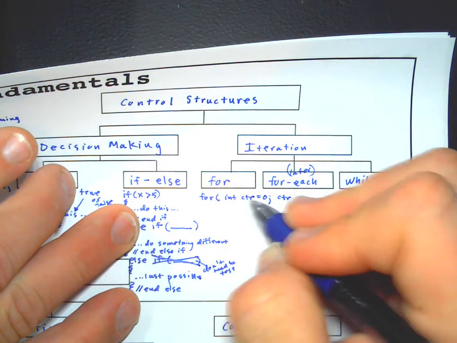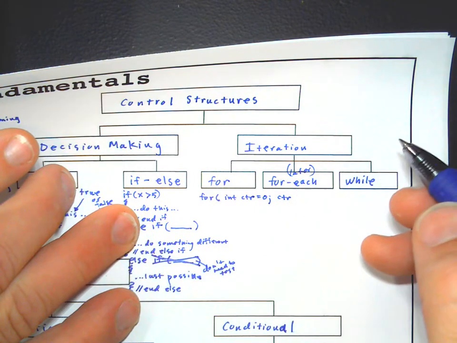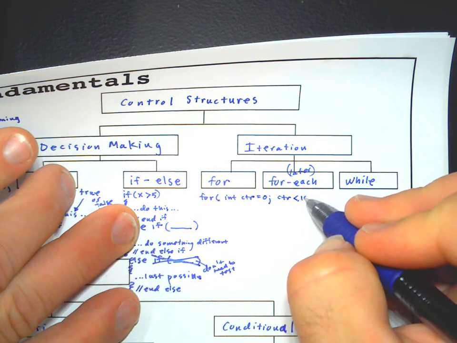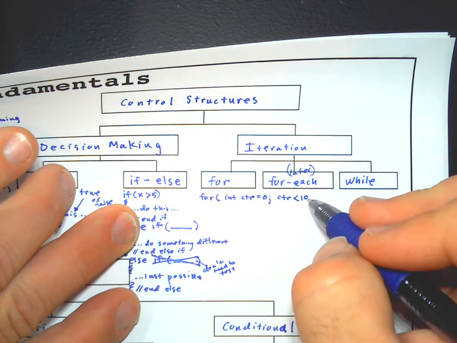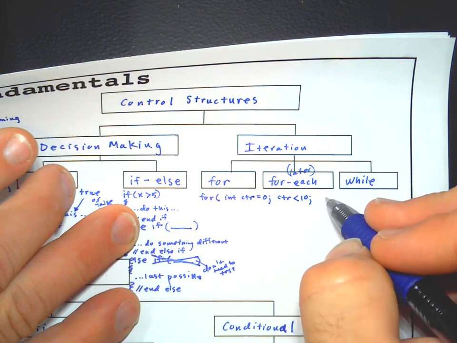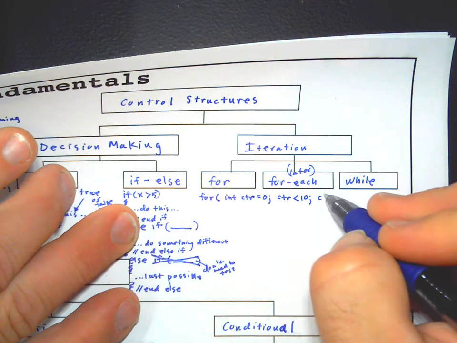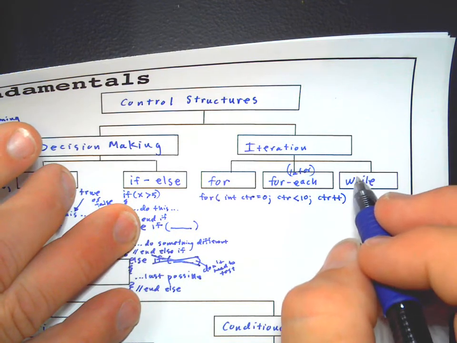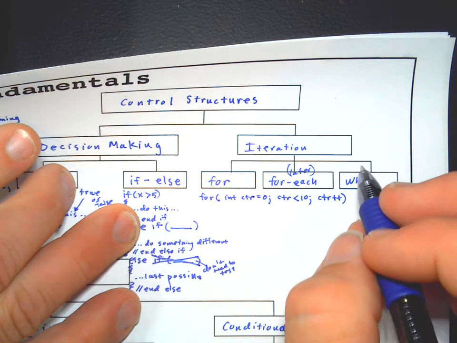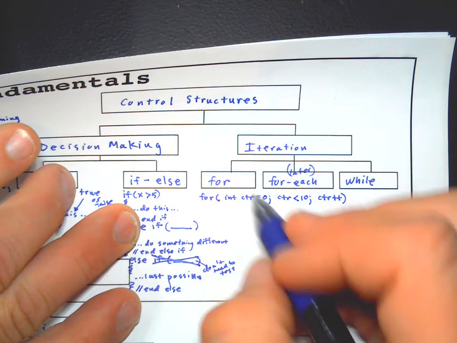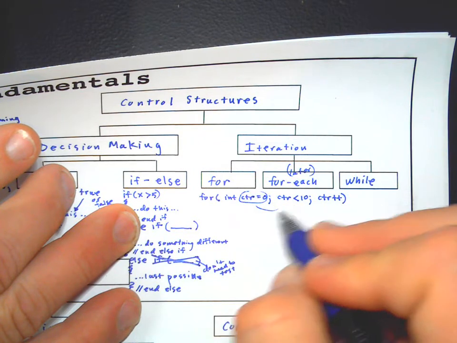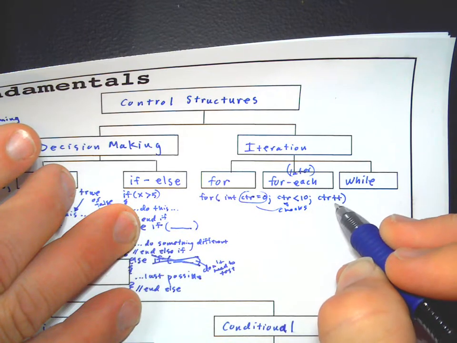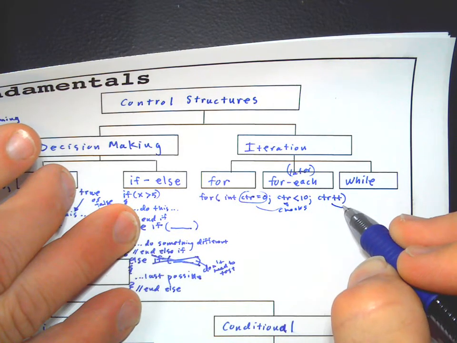If it makes sense to use something different in counter, like if you're doing an array, you probably use index. Then you have a control statement that's going to stop it. And then you have something that increments your counter, which is often plus plus, but it could be minus minus, it could be something else. So this starts this, and then it checks against that, right? And then this increments it,